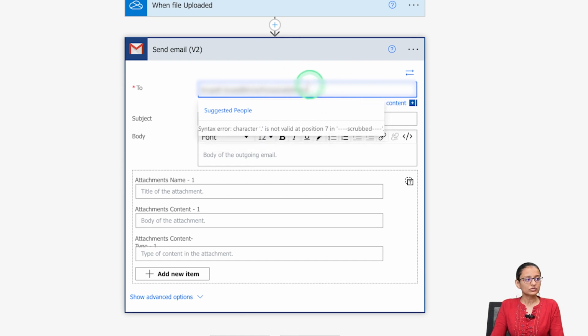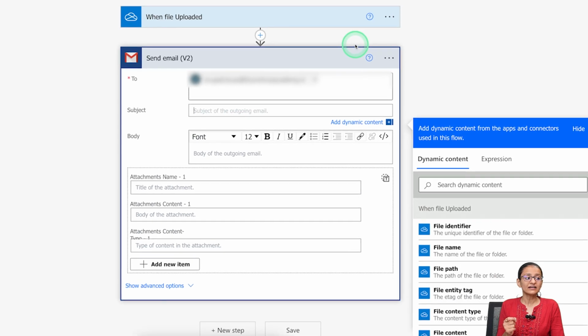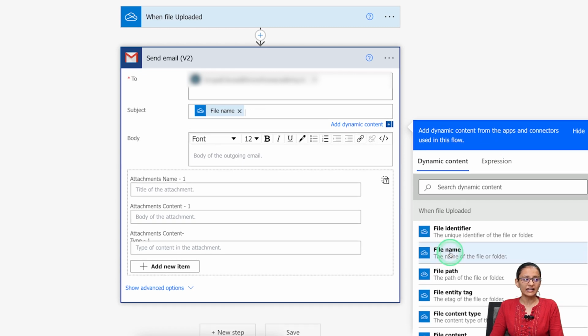Okay, so to this person, mail will be sent. Now the next thing is that you want to send a subject line. Now here you can send a dynamic content. Now what is the meaning of dynamic content? When we are sending a file, the file name should be there, file content should be there, then file path should be there, and so on. So let me just write here the file name,